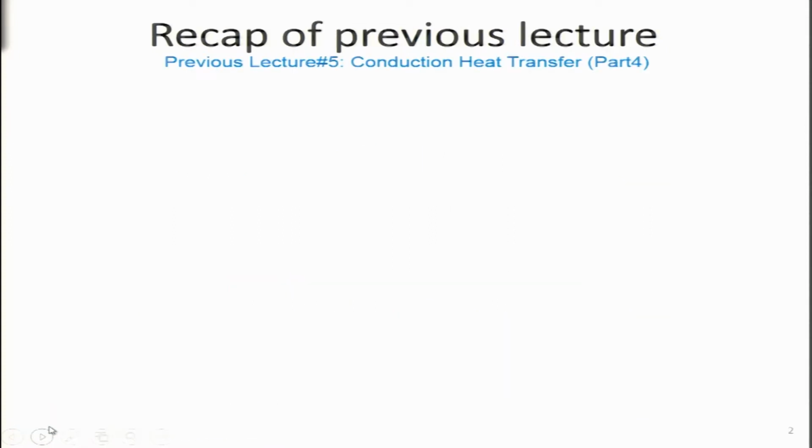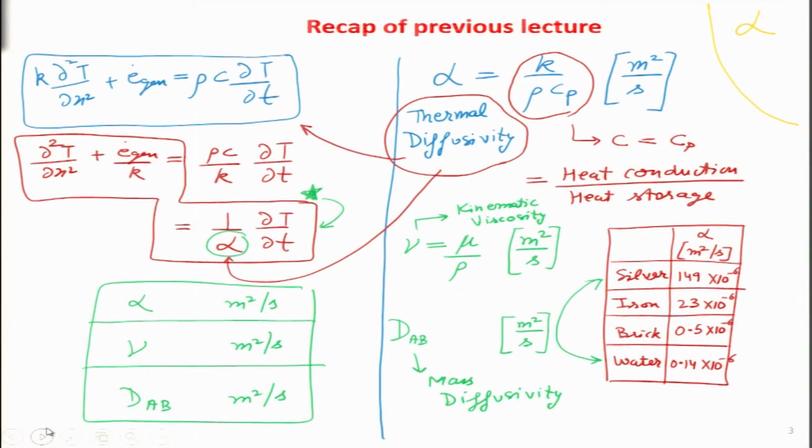Before we start this lecture, let us have a brief recap of the previous lecture number 5. In this one, we looked into details of thermal diffusivity and we tried to look into what is the significance of the universality of diffusivity. So, we tried to look at three different phenomena like the diffusion of heat, the diffusion of momentum and the diffusion of mass. So, I tried to give some correlations between that,